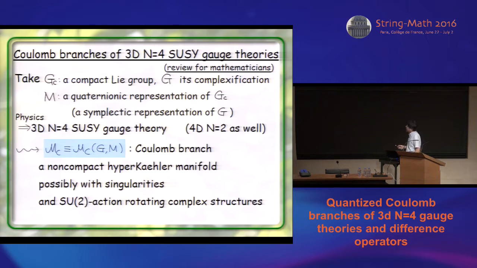Okay, anyway, let G_C be a compact Lie group, and I take its complexification, G. So I will mainly use this reductive group G. But for this part, I just consider a compact Lie group. So let M be a quaternion representation of G_C. So this is a finite dimensional representation. It's defined over a quaternion vector space. And if I use this reductive group, then it is regarded as a symplectic representation of G. Then